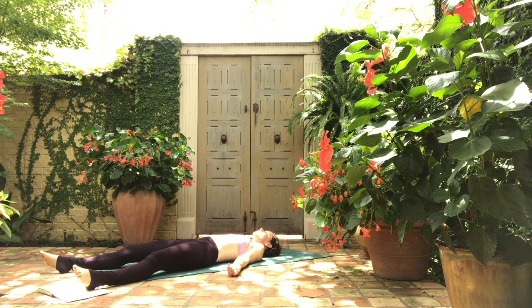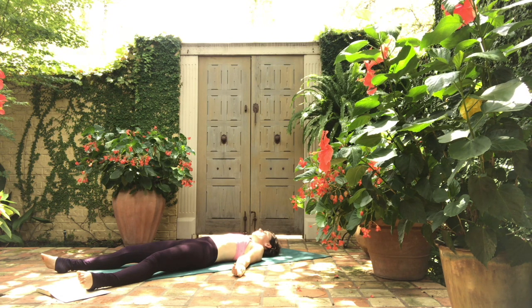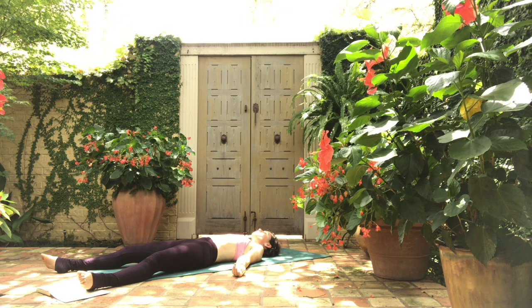Shavasana. Limbs long. Let the shoulder blades be a little pillow for the back of the heart. And with the whole body neutral and resting, come back to your visualization. Feeling this freely flowing energy that is centered in the body,